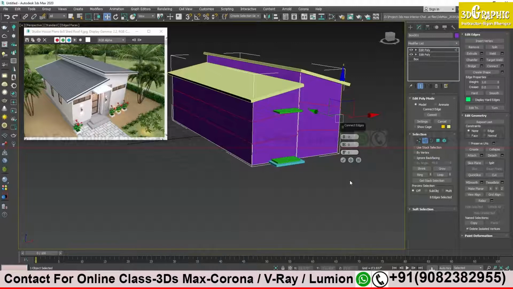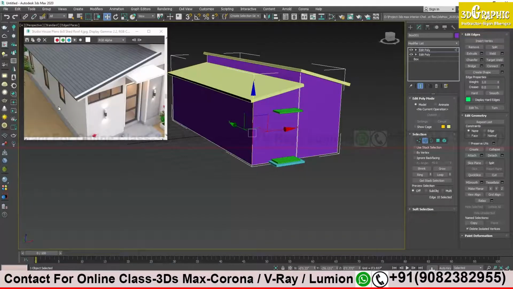Do you want me to repeat the steps? Which one, which steps you want me to repeat? The 3 windows we have to divide, sir. Yes, the 3 windows we needed. We need 3 windows, so we need edges over here. There should be some edge. You see, here is the height. The window is not from the bottom; it's from maybe 3 feet height from the ground. Yes, so we need an edge over here.